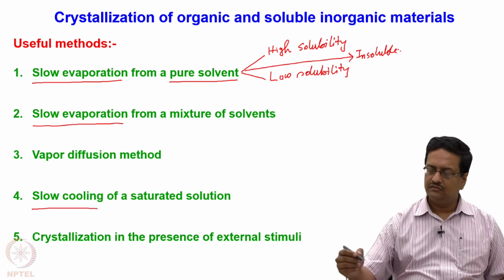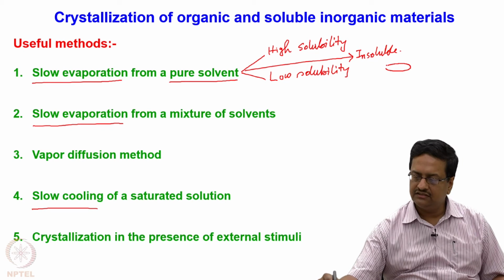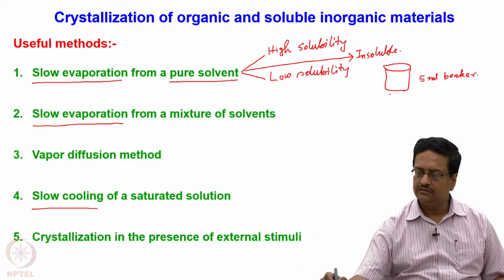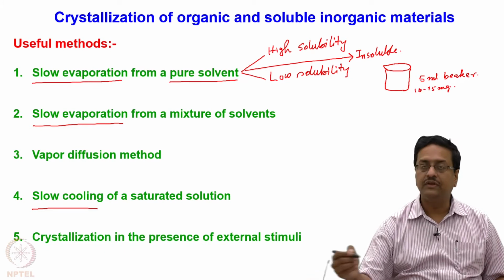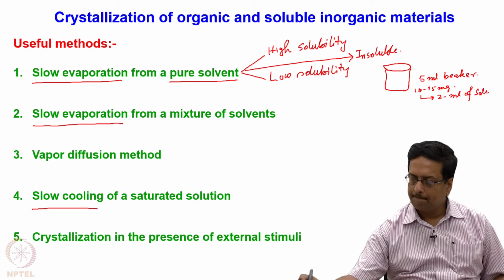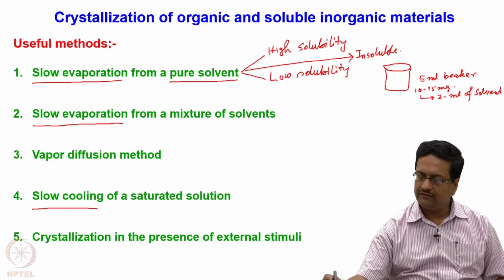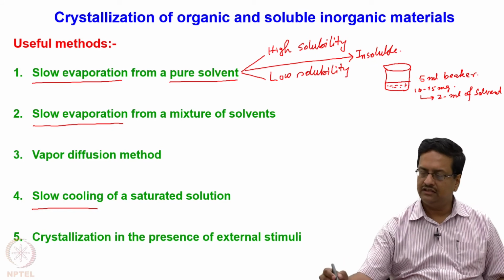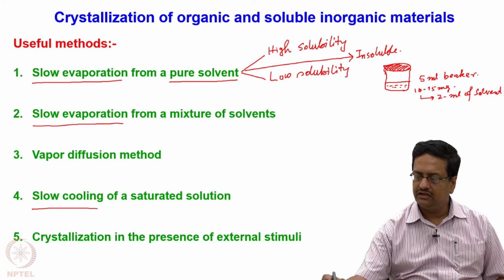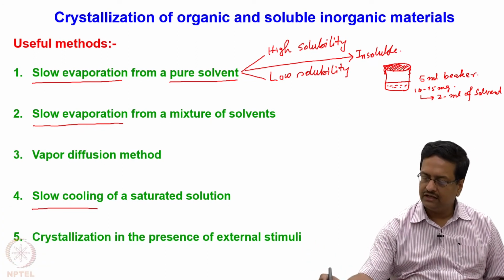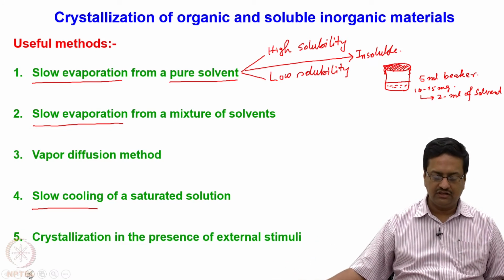So what we try to do is make a saturated solution in a small crystallization vessel, like a very small crystallization beaker, maybe a 5 ml beaker. In that we take 10 to 15 mg of the product if it is soluble in about 2 ml of solvent. So what we are trying to do is make a very concentrated solution of the solute in the given solvent in which it dissolves very nicely, and then we cover the top of this beaker with a paraffin film and make a few very tiny holes with needles on the cover